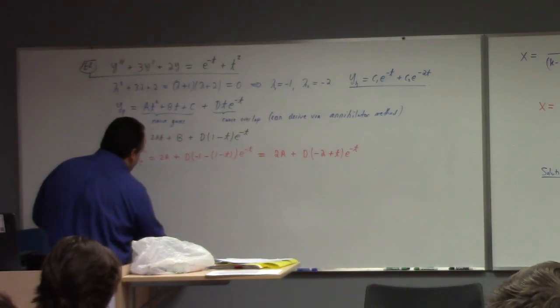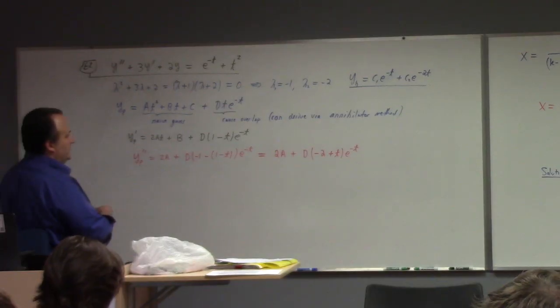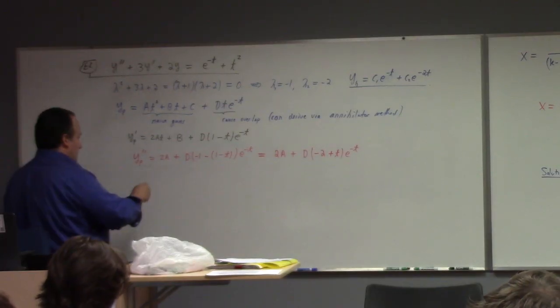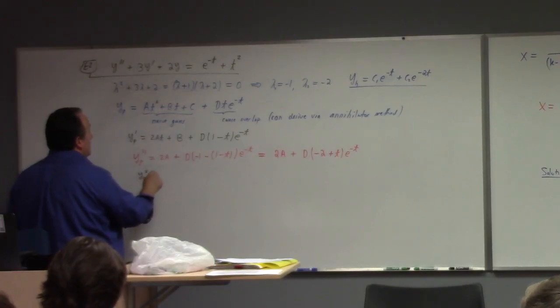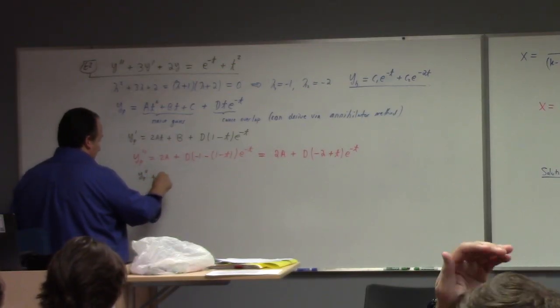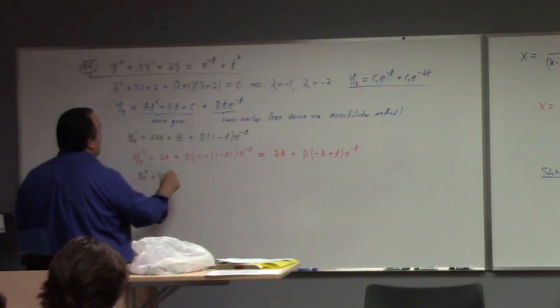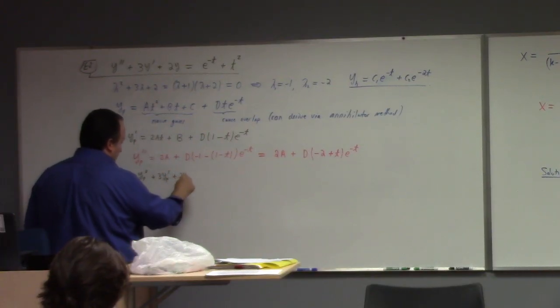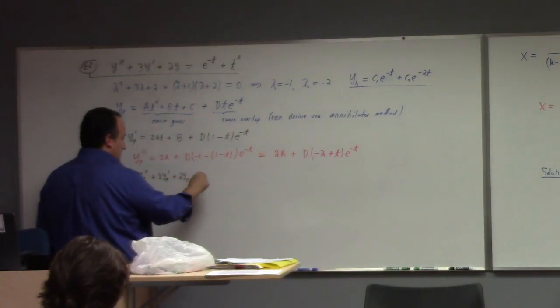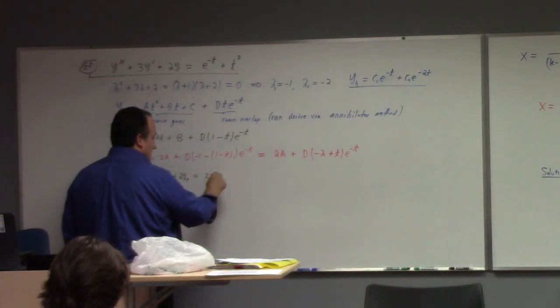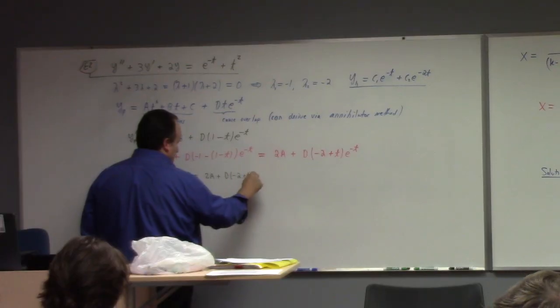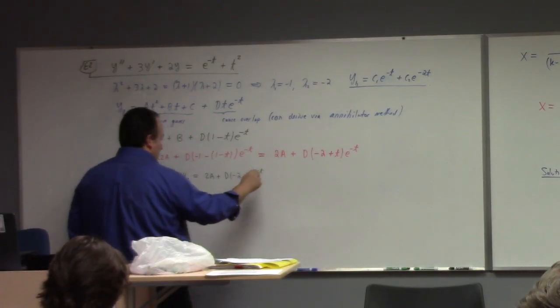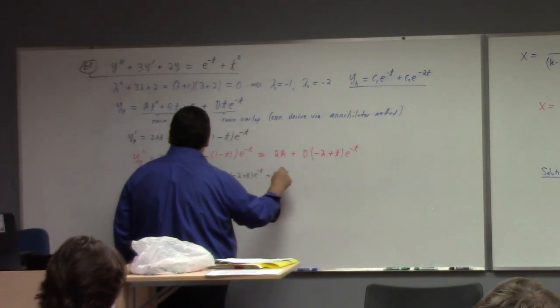And then put this all together, right? So we have yp prime prime plus 3yp prime plus 2yp is, well, 2a plus D times (minus 2 plus t) e to the minus t plus thrice